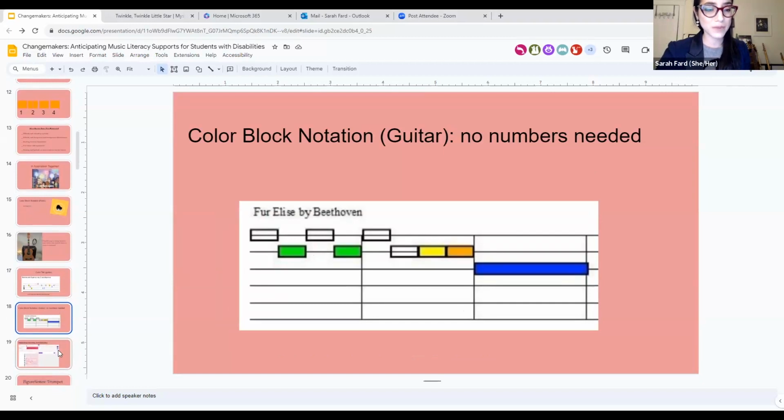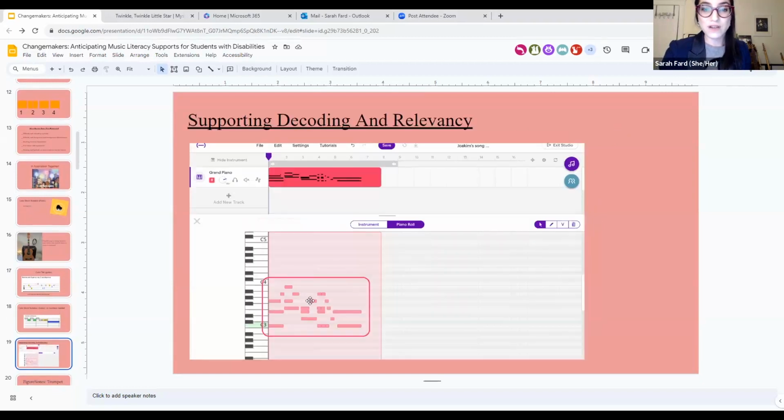And the nice thing about these blocks is that they do have a lot of connectivity and relevance with other types of music literacy that some students might be used to, depending on what type of music and music making experiences they're interested in. So here's a screenshot from a program called Soundtrap. And just like a lot of things, GarageBand is another one, BandLab. You'll have a